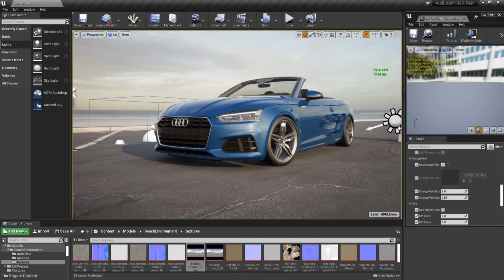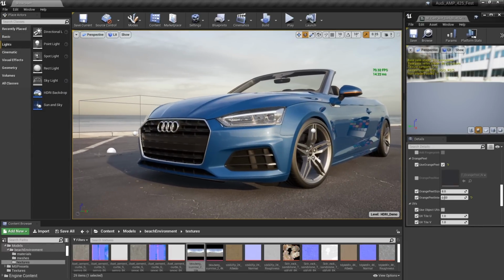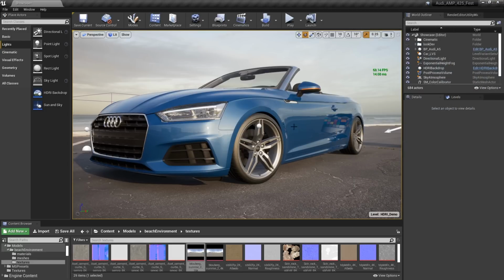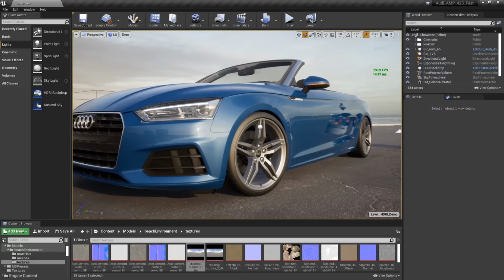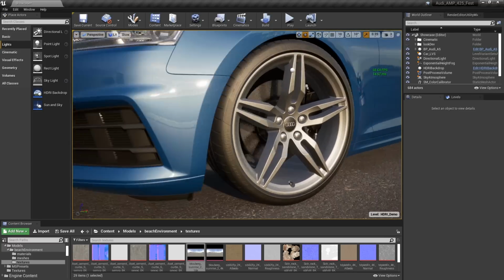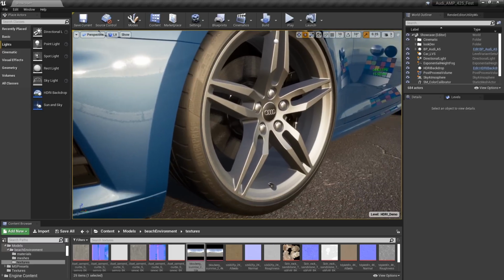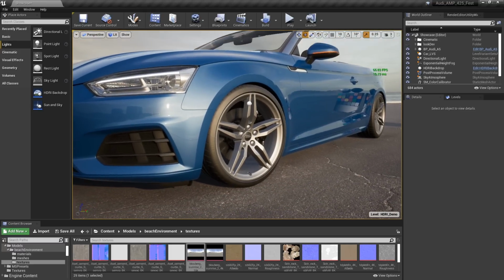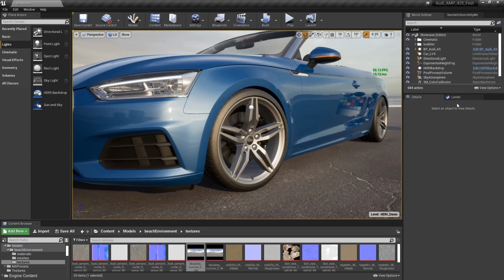Now, there's a couple of other things that we want to start to talk about, and that is reflections and the hybrid ray tracer. So we kind of alluded to that a bit earlier, and we never really finished the conversation. So if you look at this right now, things are looking good, but this wheel feels really, really off, right? So right now what's happening is with the hybrid ray tracer,